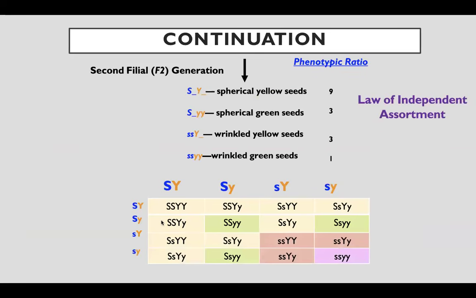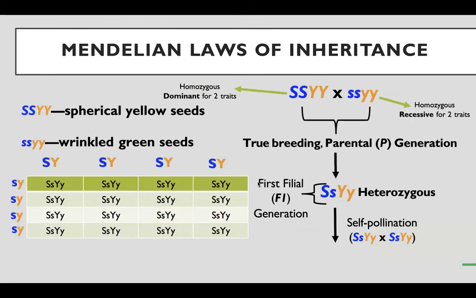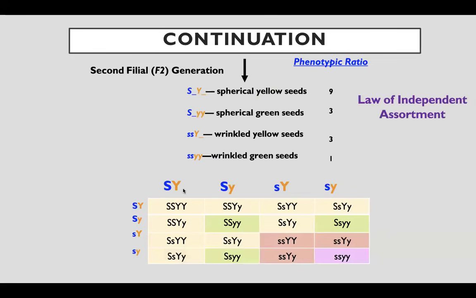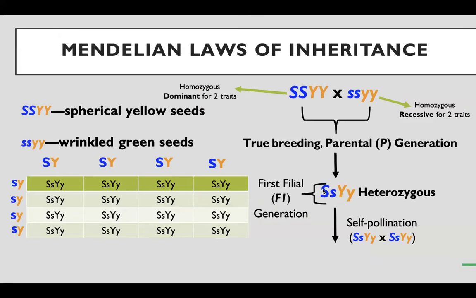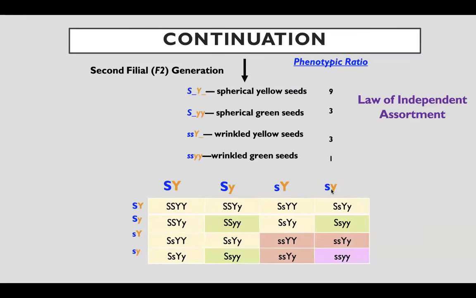So if we look, this one will be easier. If you create a connection between the uppercase s and uppercase y, that'll be your first row. Create a connection between the uppercase s and lowercase y, that'll be your second row. Similarly, create a connection between the lowercase s and lowercase y, that's your third row. Lowercase s, lowercase y, that's your fourth row.